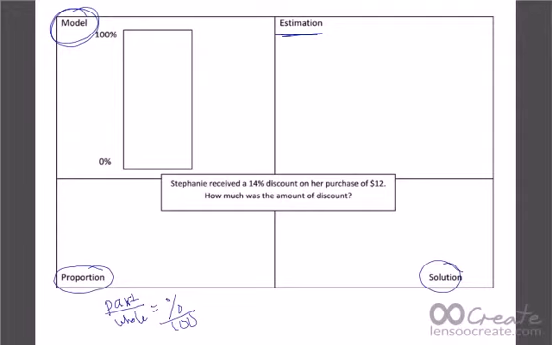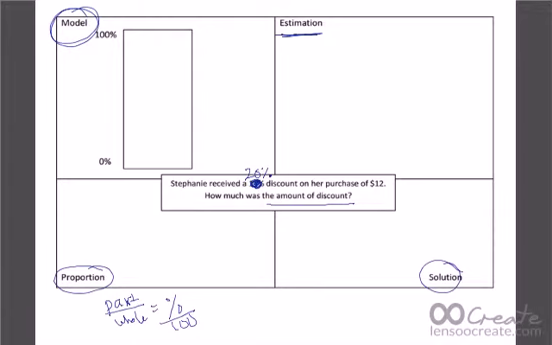Now, this word problem, I think right off the bat, starts out kind of hard. So it says, Stephanie received a 14% discount on her purchase of $12. How much was the amount of discount? Well, I don't like that 14%. So we're going to cross it out. So everyone cross it out right now and write 20%. We're going to do a 20% discount. That's much more realistic. A lot of times we do see 20% off in a store. We have a 20% off coupon. And it wants to know how much was the discount. Okay? All right, so let's start with